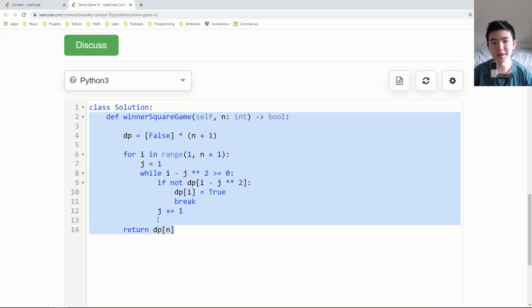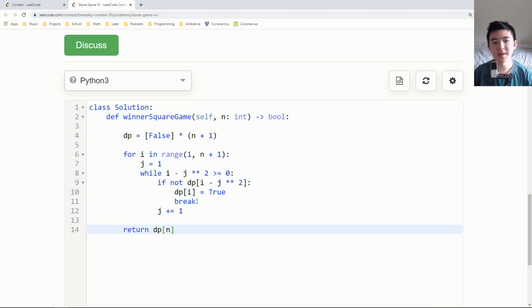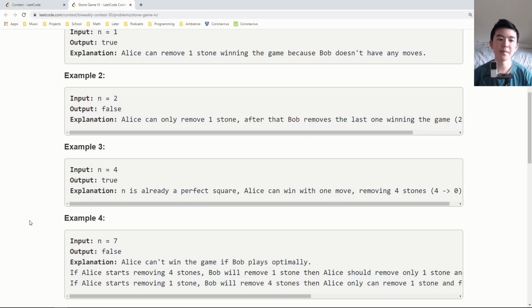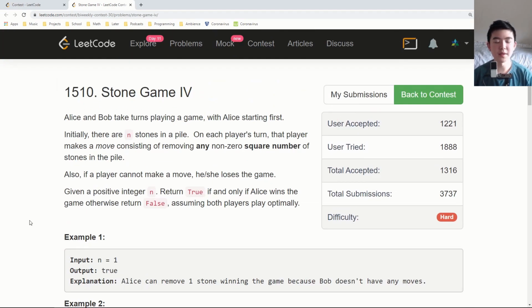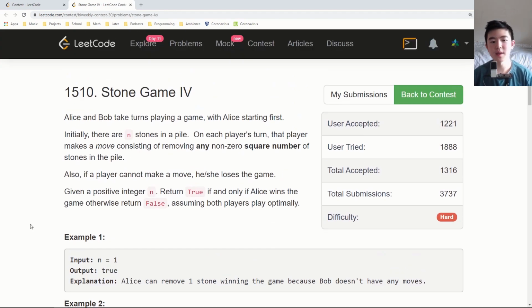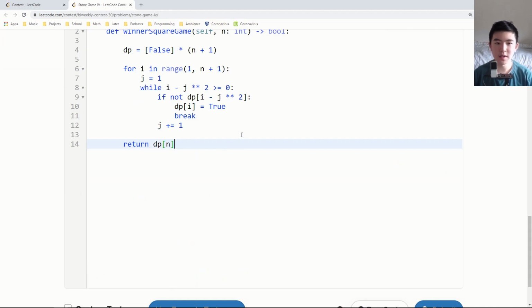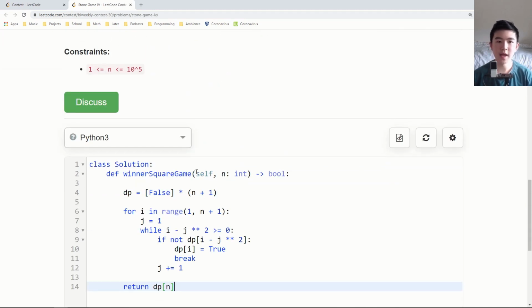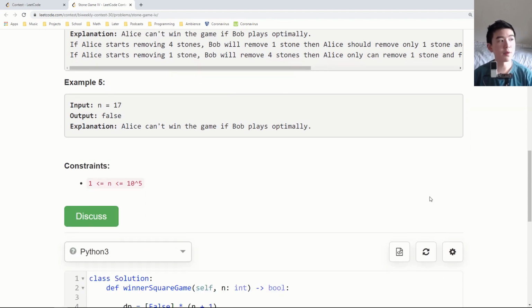The code's actually pretty short. Basically, this is a 1D dynamic programming DP array. Basically, it's just an array of booleans describing if Alice is going to win if she starts first, given that many stones left. So the recursion is going to be if you start at a number n, you remove all